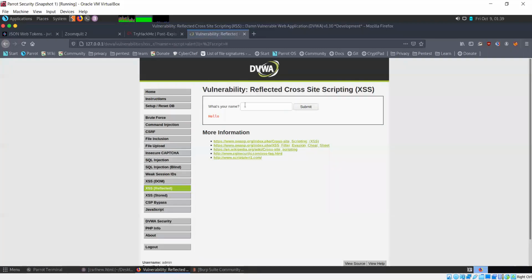Now, of course, this alert is not particularly useful to us because it's not giving us any information. But we can use this kind of alert to steal cookies. And let's see how that happens. I say alert document.cookie, remove the alert from here.